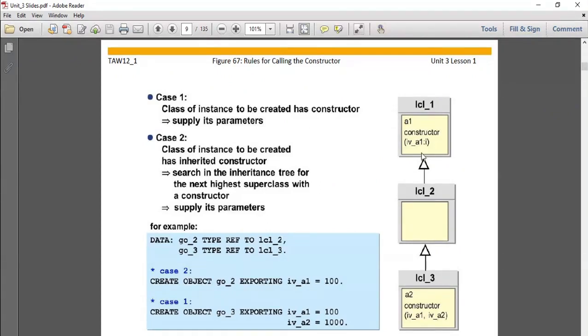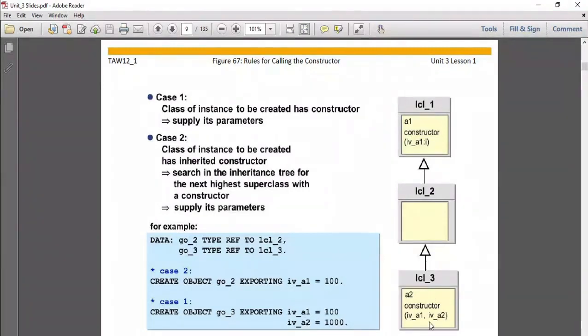Now suppose when you are creating this object, it will check the parameters. The two parameters are defined in the derived class lcl3, so it will automatically call the derived class lcl3 constructor, not the base class. So this was the rule for calling the constructor.